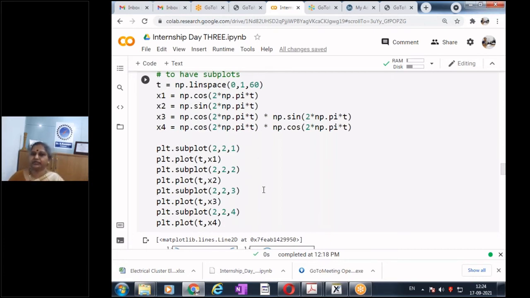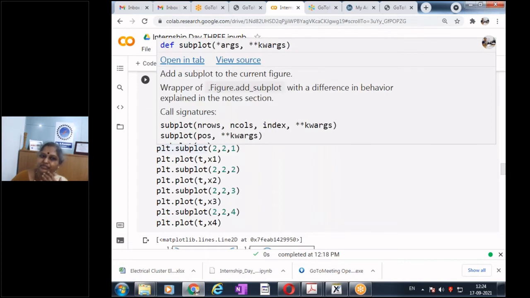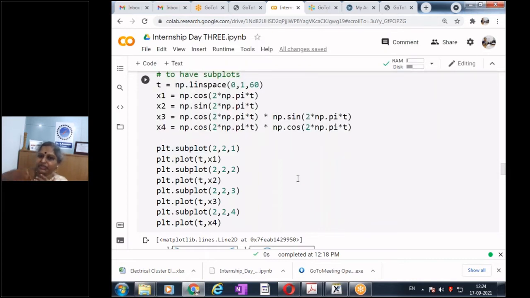What is happening here? So here we have 4 signals: X1, X2, X3, X4. Till now what we saw is we were plotting all of them one over the other in the same graph, and by itself it was assigning different colors. Of course, if we want, we can assign different colors by giving in the keywords, but that's okay. You all can search and get it.